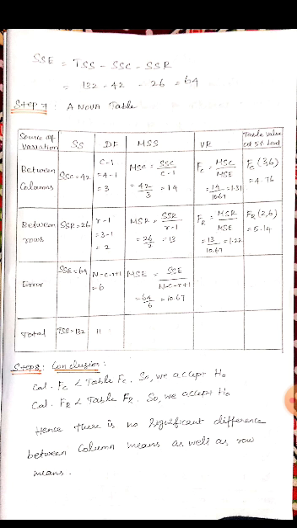Then the final row, here error will be SSE, which means the sum of squares of the error. So here also the degrees of freedom is n minus c minus r plus 1. Substitute the values: C will be the columns, R will be the rows, n will be the number of data. Just substitute here. Then you go to the value of the ratio.